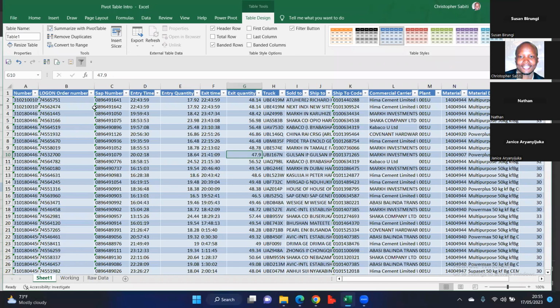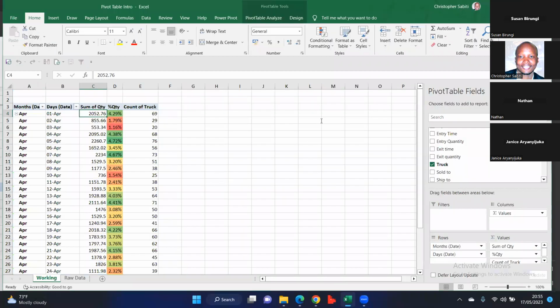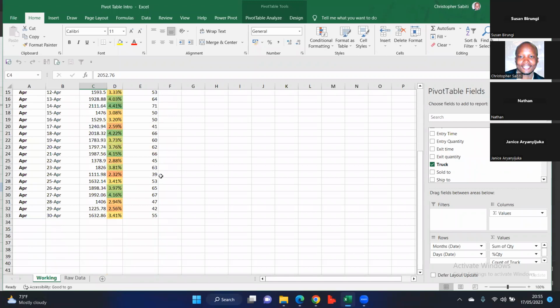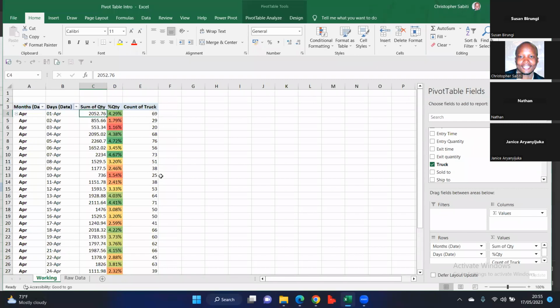So there are 2 options. You can double click on the header, you'll get the options. When you double click the number, it will give you another sheet of all these transactions making up this. Any other question? We have 5 minutes. I know this session should have continued, but